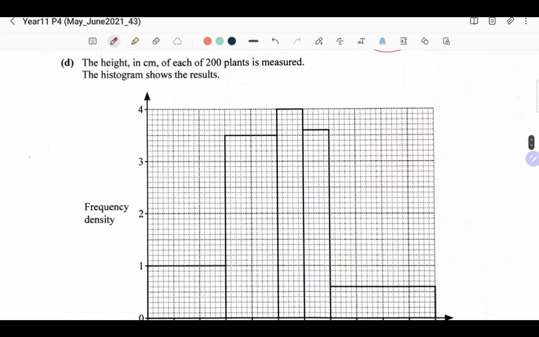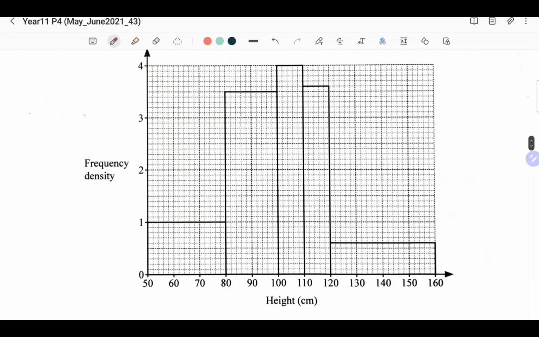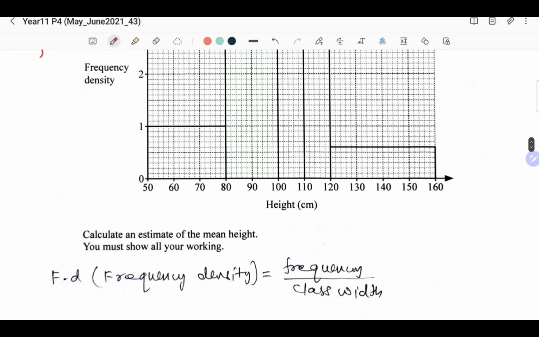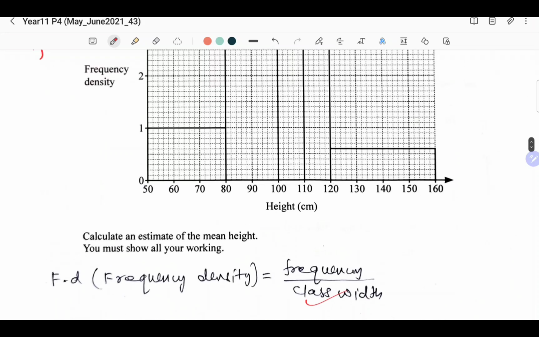It's very simple. The height in centimeters of each of 200 plants is measured. The histogram shows the result. Okay, that's fine. We know that frequency density is equal to frequency over width, right? We know this. Then frequency, just multiply them together. So frequency equals frequency density times class width. Okay, so frequency density here is 1 and width is 30, so 1 times 30, so it has frequency 30. So this width is 30